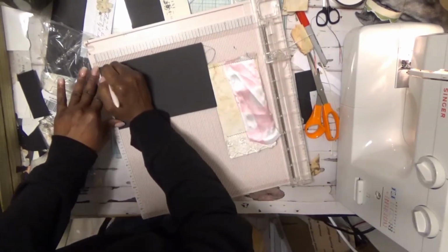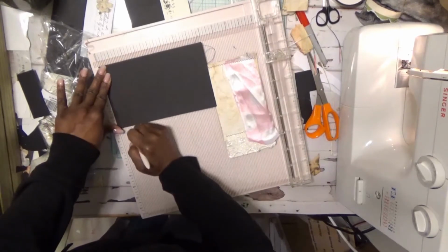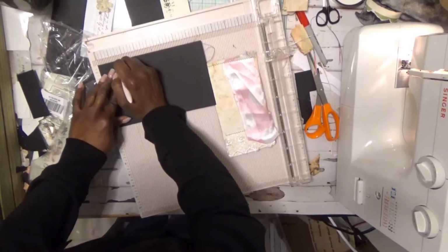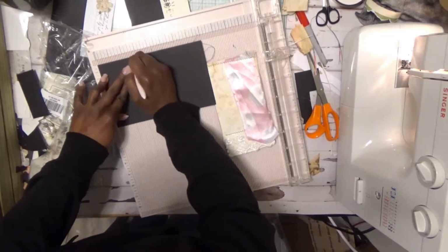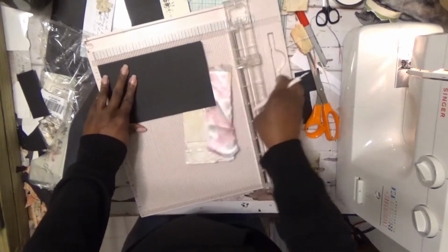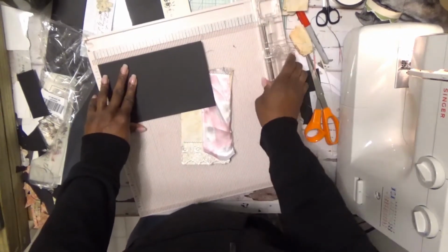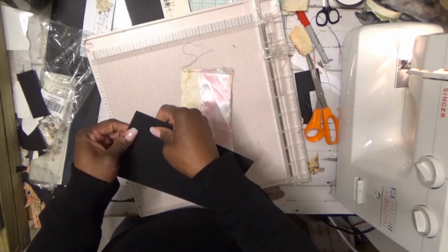Okay. So 1, 2, 3, 4, 5. I'm just gonna put that one there. That's where I'll trim it at. I'm assuming that's where I'm gonna be trimming it at. Okay, so